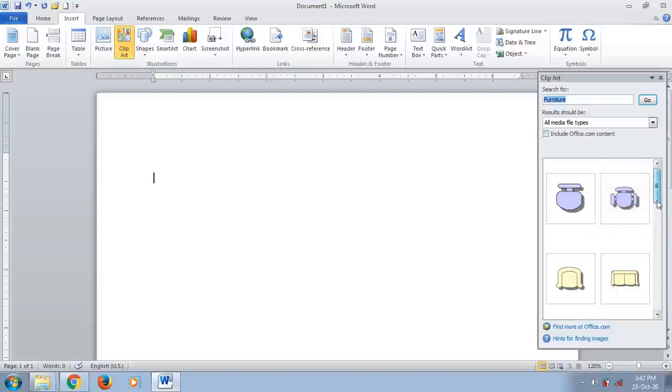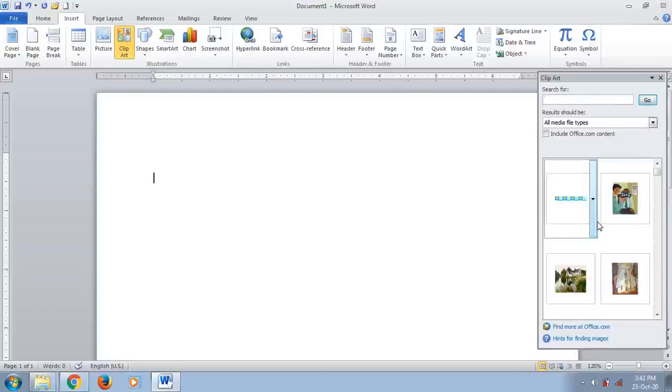So according to your keyword, the matching images are displayed. Next, suppose I do not know which types of images are available. In that case, if you want to see all the images available in Microsoft Word in the result, just keep the search box empty and click on the Go button.